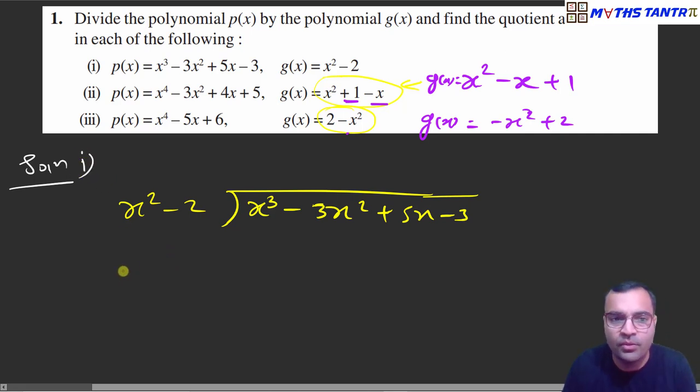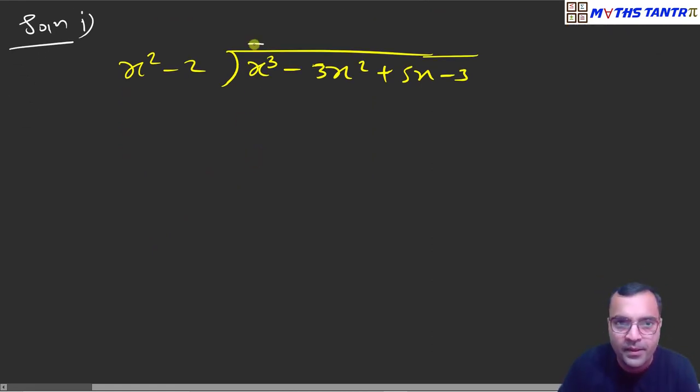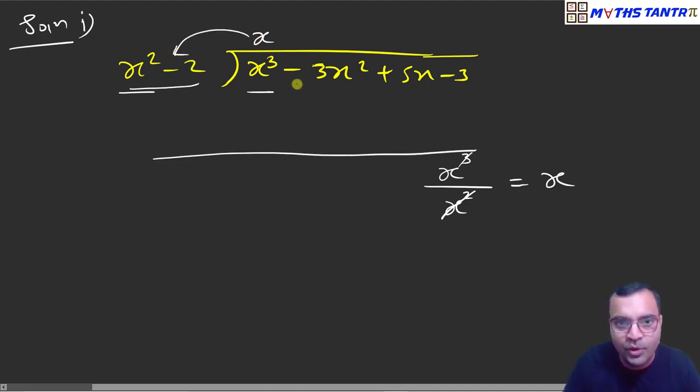First sub question. Okay, now how to find the first term of the quotient? We should divide the first term of dividend by first term of divisor. What will I get? 1. This 2 will be cancelled. 3 minus 2, it will be 1. I will get x. That means I should write x here. Now I should multiply my divisor by this x and write it below our dividend.